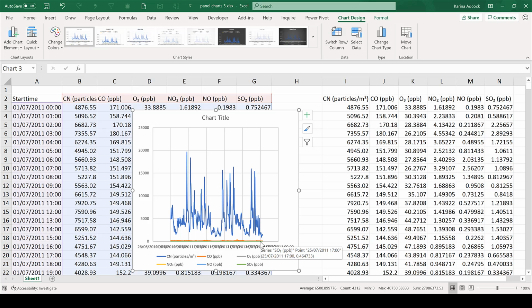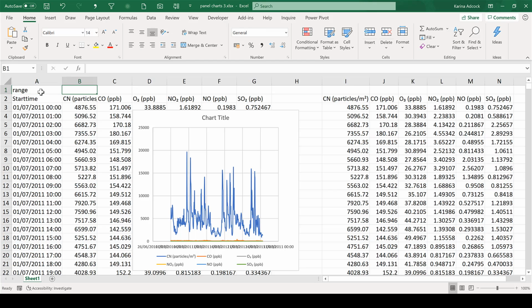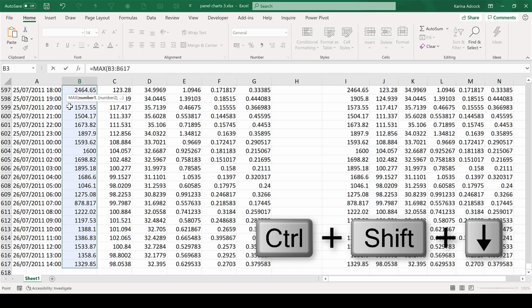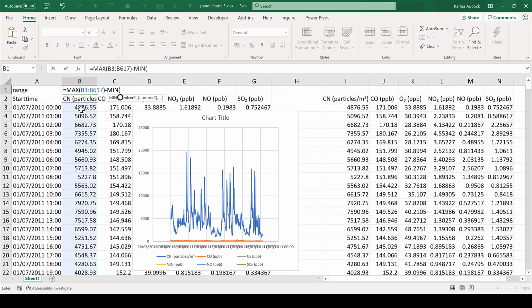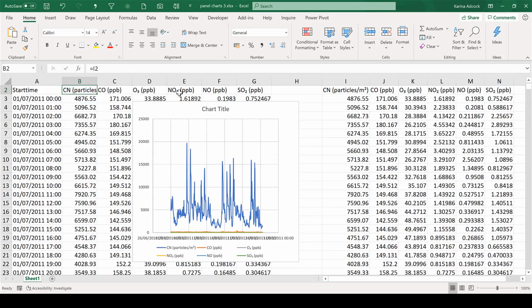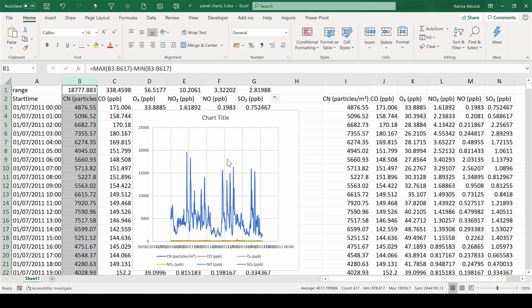I want each of my panel charts to be about the same size, so I need each of my data series to have a range which is about the same. So I'll start by calculating the range, which is going to be the maximum of the whole column minus the minimum of the whole column. And then I'll drag this across, and you can see this column here has a much larger range than all